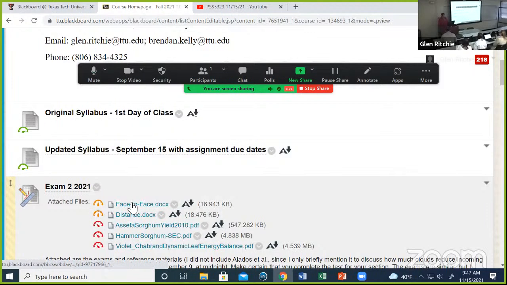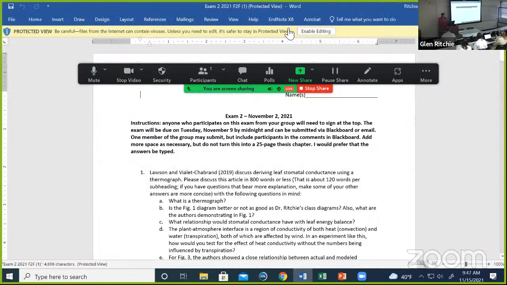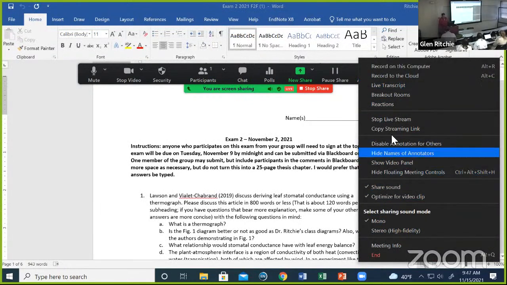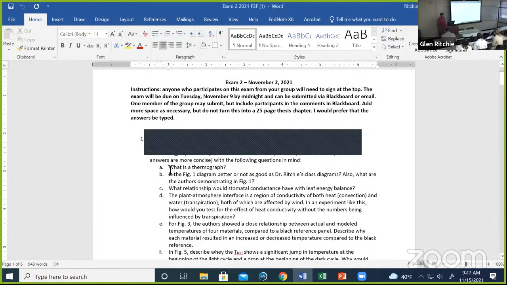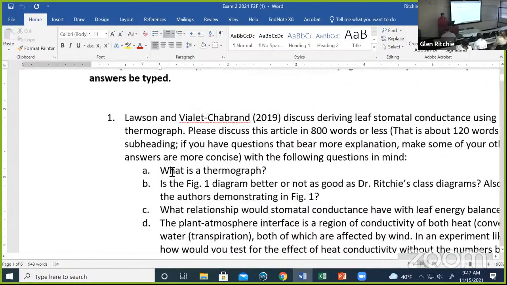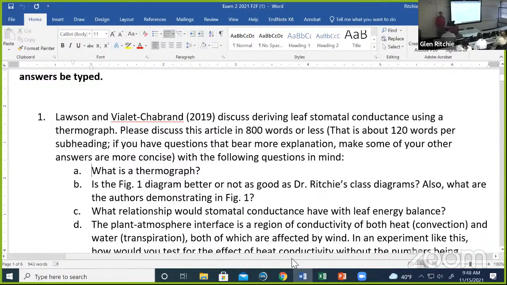All right, the first one, what is a thermograph? I got a lot of very technical answers for this, and that's good. No one really just said, oh yeah, this is just like a thermal image. Which, in the end, is what they were doing, and they were just calling them thermal graphs rather than thermal images.